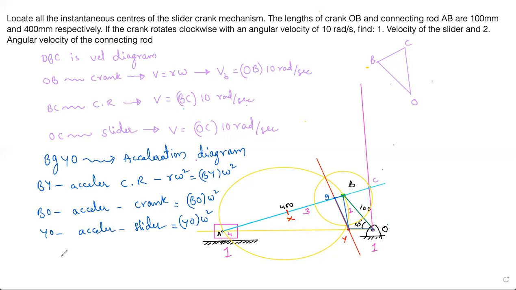Now, if you want to find out alpha of the connecting rod, which is AB, what do you need to do? Just take this. This is the tangential component, right? GY is the tangential component, A tangential, A radial. So the tangential component is equal to R times alpha, right? But just by measuring this, you won't get it. To find it, you have to do the same process: GY times omega square, then you will get it, then equate it to r alpha.